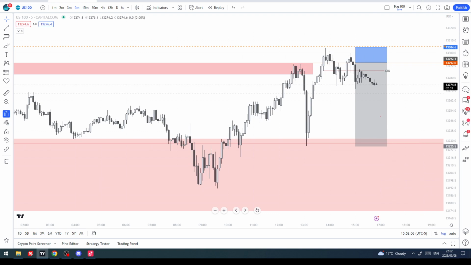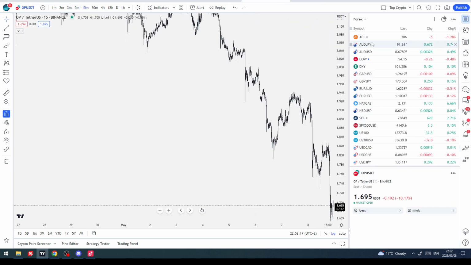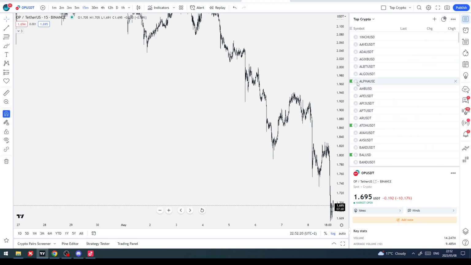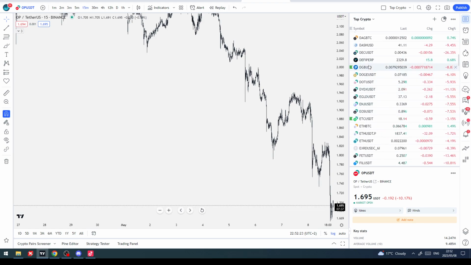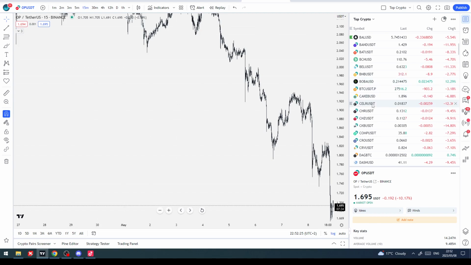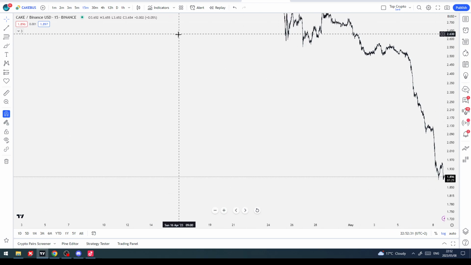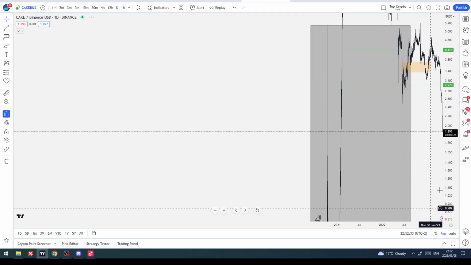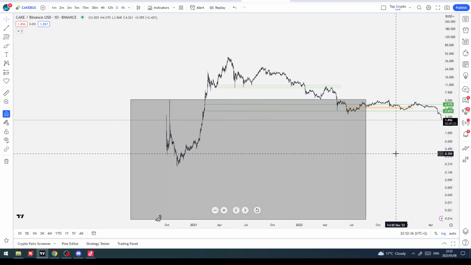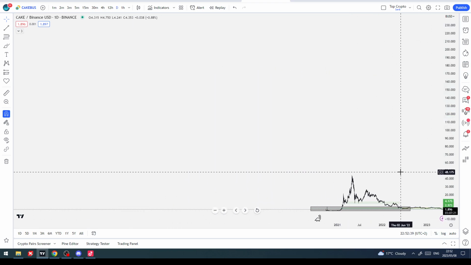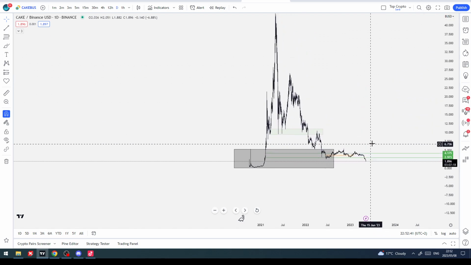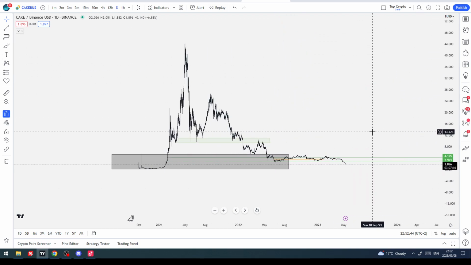Just give me a second. I think there may be some questions here. Cake USD is still a thing. Let's have a look. I've got Cake BUSD, and this thing is just falling and falling and falling. I don't know where it's going to stop, to be honest. We'll have to turn off the log for this one. Matic? Yeah, we'll have a look at that.